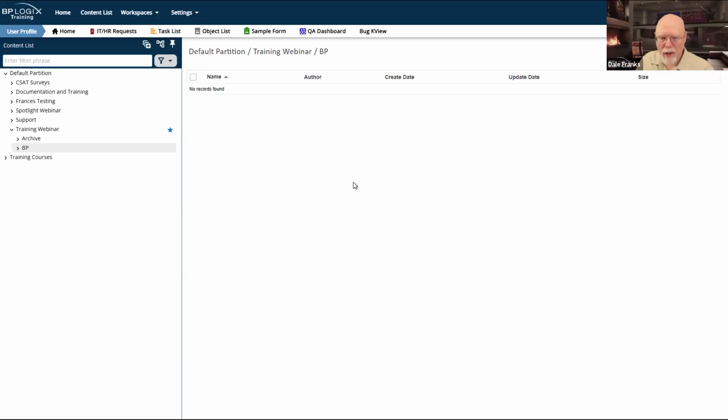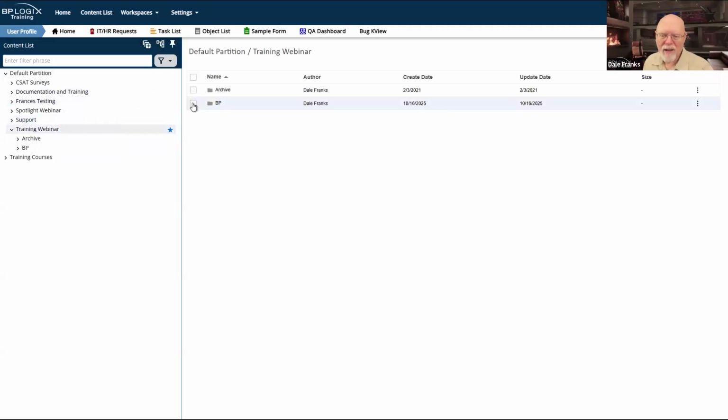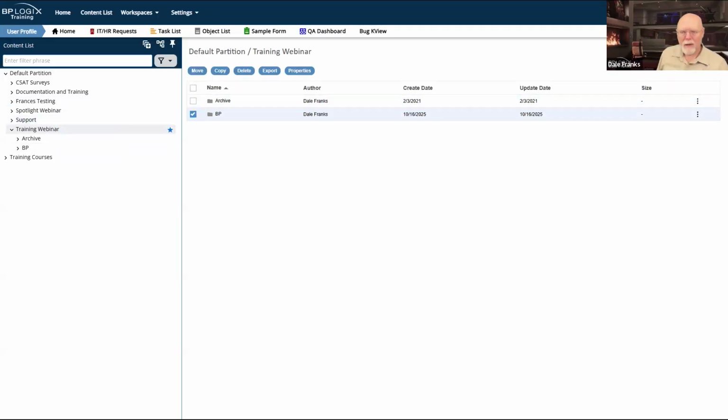And the reason I'm going to do this is because whenever I finish creating this application, what I'm going to want to export is this entire folder. So the folder name should be my application name. It should contain all of the objects I need to make this run. There will be some exceptions.